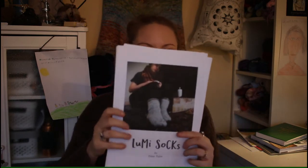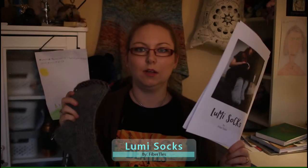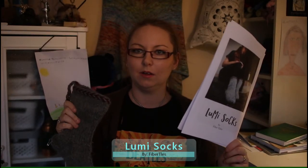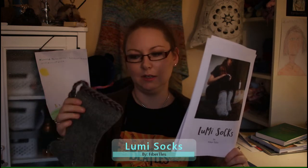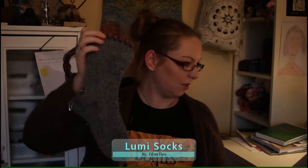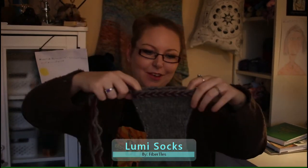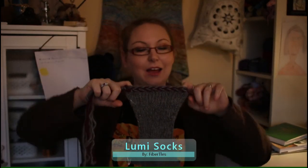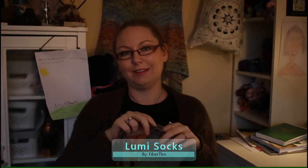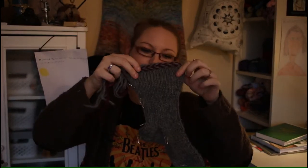It is the Lumi socks by Fiber Tales. I did start yesterday. No, wait, not yesterday. The day before, in the evening. And I finished this one last night first, and I realized I made a mistake with the decreasing on the top, because apparently I was only supposed to decrease on the back side, but I decreased at the front as well. Oh well,